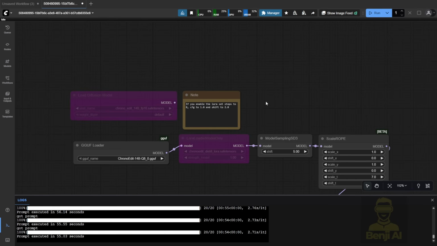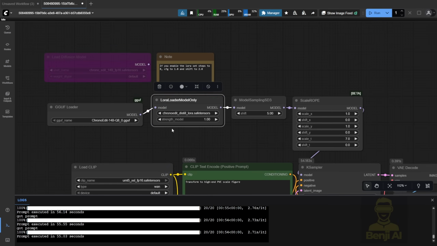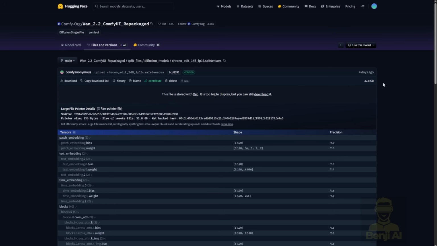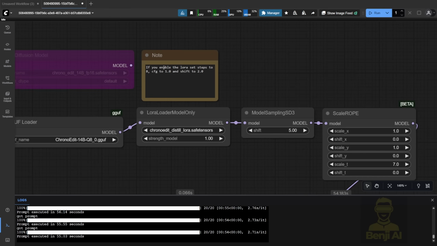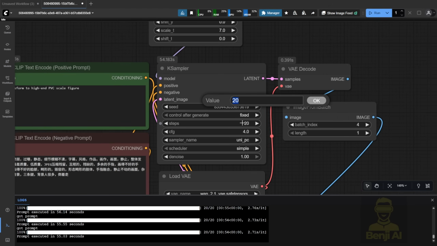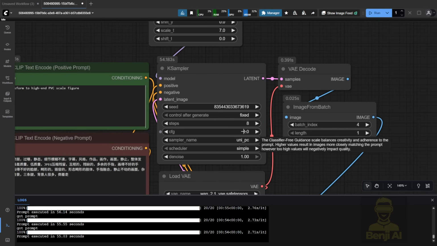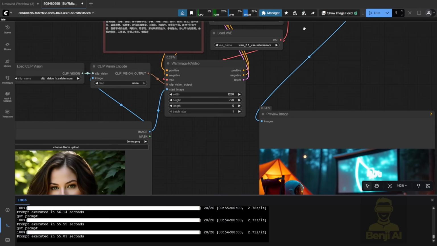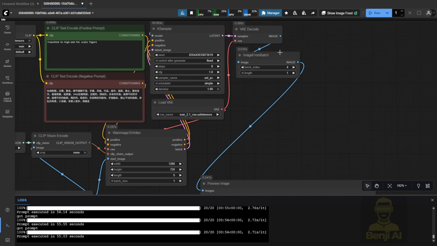The GGUF model is heavily trimmed down compared to the FP16 version, which is 32 gigabytes. Now, the Q8 GGUF model is only 17 gigabytes. Of course, you'll obviously see the file size go down, but the data gets trimmed too. There's a lot of data loss, and it might not always follow the prompt instructions properly. So later, I'll test with the FP16 model to see how ChronoEdit really performs, and I'll also try other example